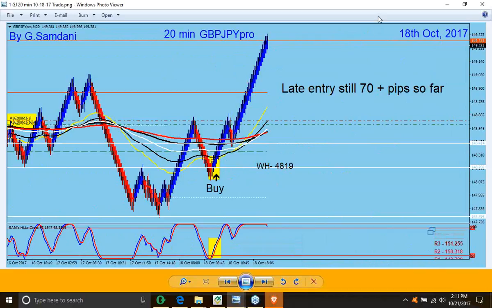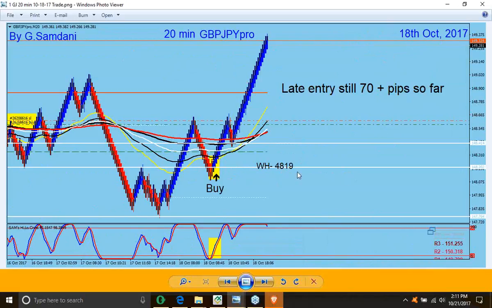So this week started on Monday, the 16th, right? And the 16th and 17th were really terrible days. No movement whatsoever and a lot of mess up. Now see, this is the first trade I was able to catch on the 18th,